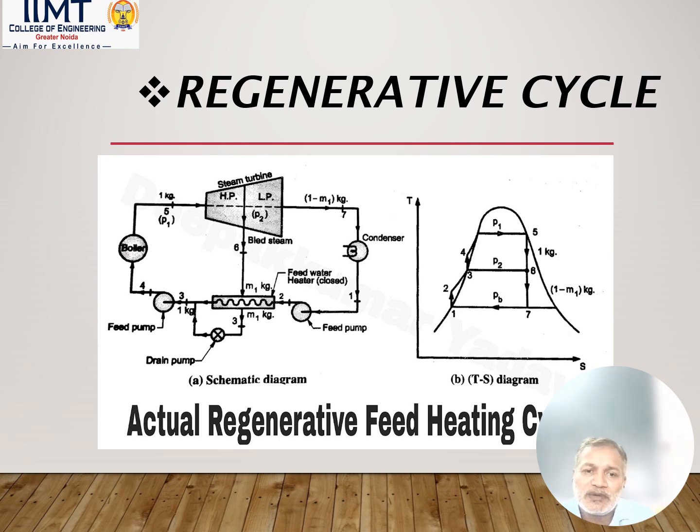But in actual power plants, this regeneration is always associated with reheat. So if we combine regeneration with reheat, then this problem will also be solved. So in actual practice, in modern day power plants, we are using the Rankine cycle with reheat and regeneration. In that way, the efficiency is maximized. Again, another cycle is called,